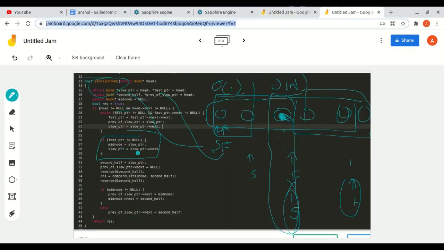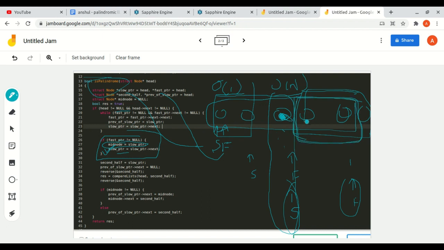So we will store the slow pointer in a variable named mid node, and we will increase the slow pointer, because we have to compare, we have to take the linked list of the next element.